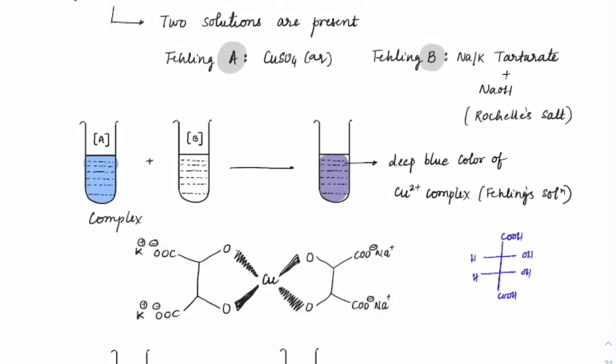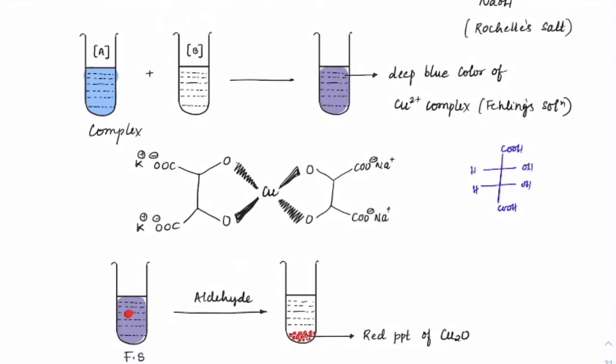Okay. Again, the reason for not taking copper directly, right, is we need a slow reaction to happen. Got it? And the E naught value with respect to this complex is lower, and the reaction will happen very slowly here. So you would see that there is a deep blue color formation of solution here. Now taking this deep blue color solution and then adding an aldehyde to it, okay.